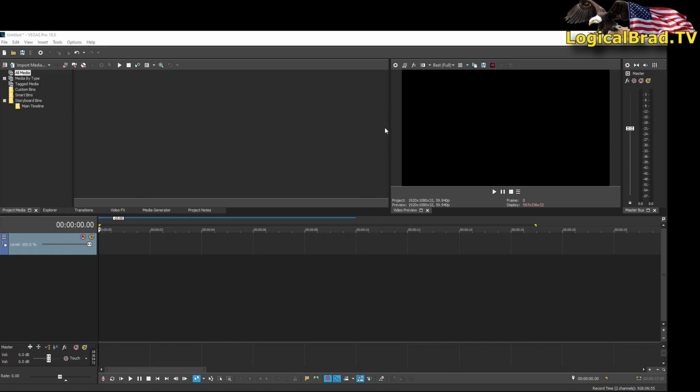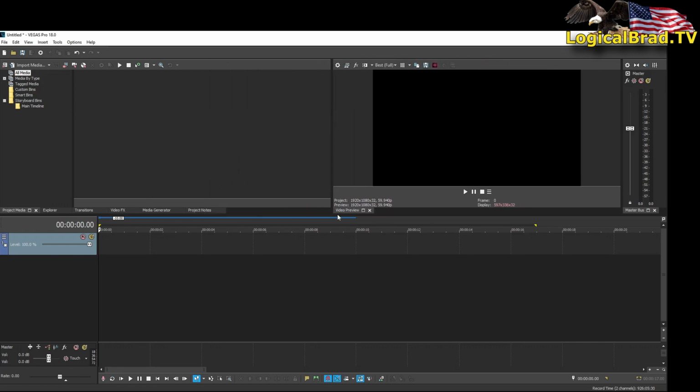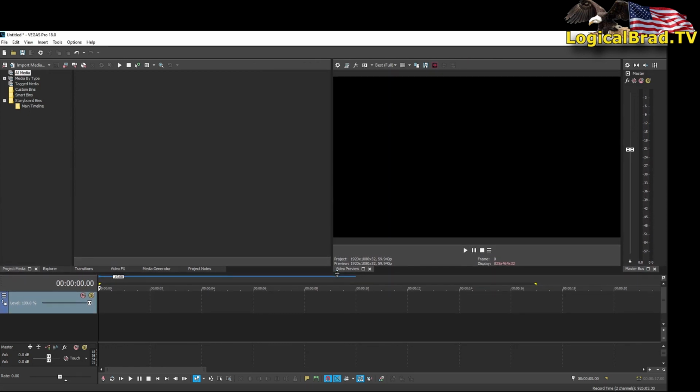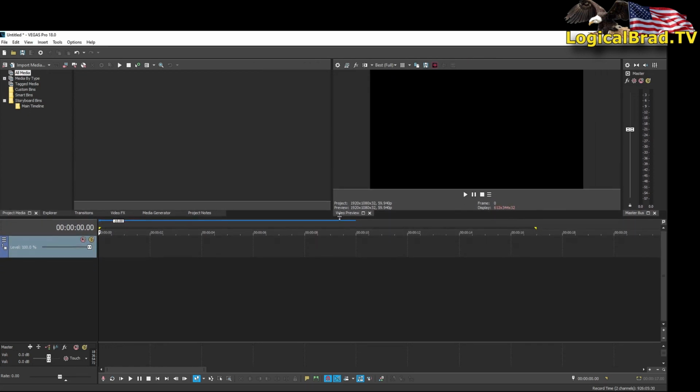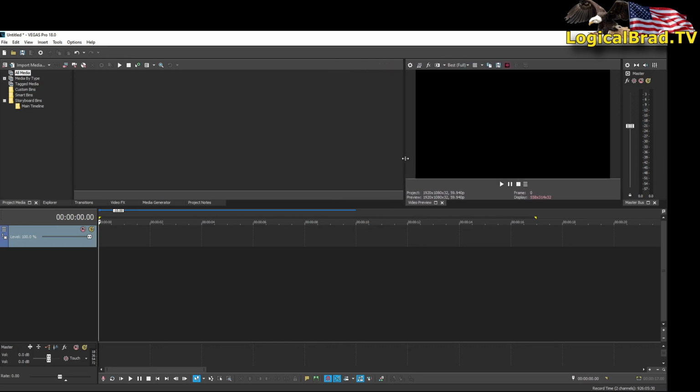The very first thing you'll notice is if you go in between two windows, you can make it as small or as big as you want. For example, like that. You bring it back. This is pretty much the default setting right here. This is your master volume on the right. You usually want to keep that pretty much the same and do your volumes on the left here,